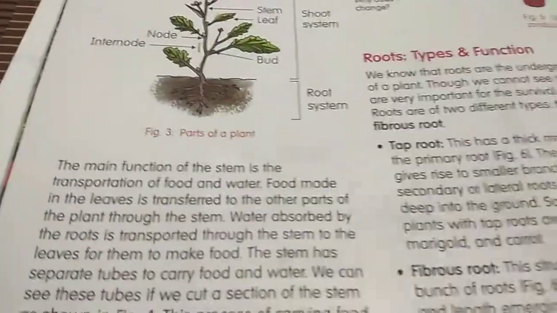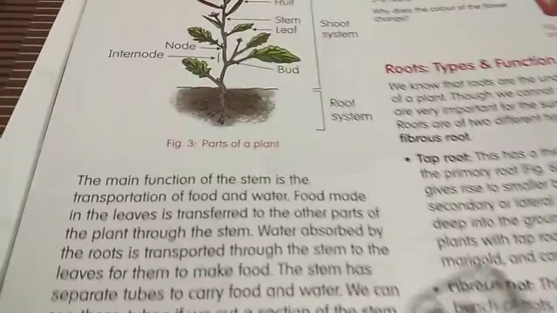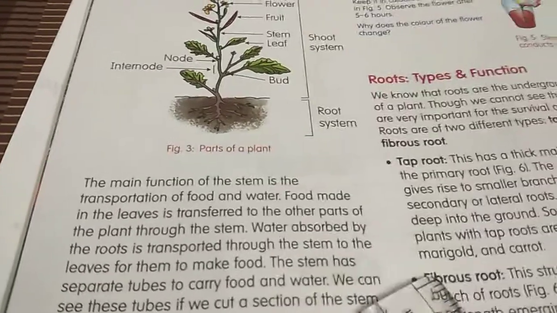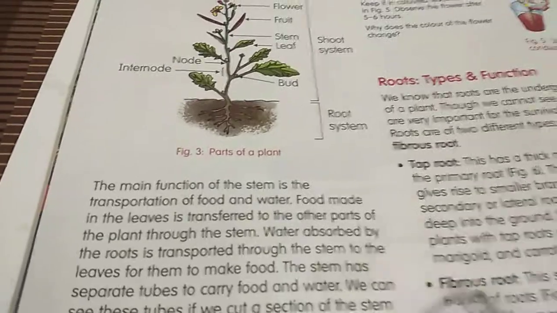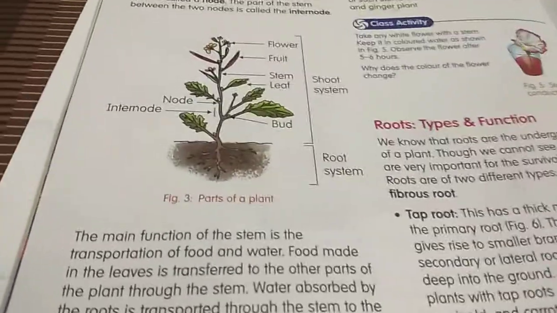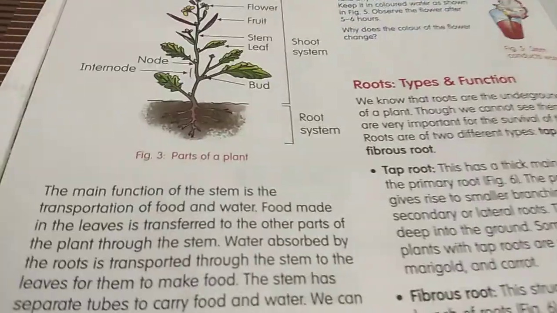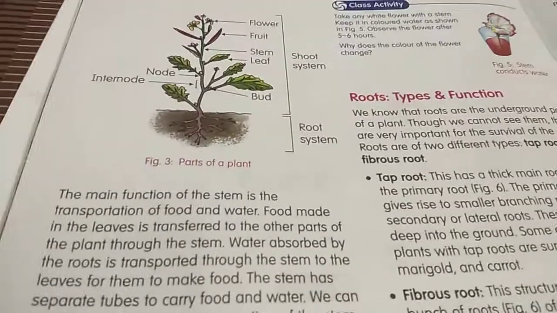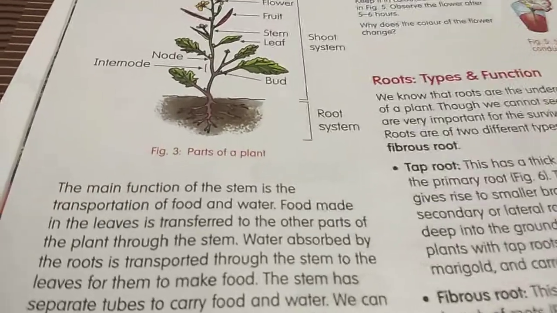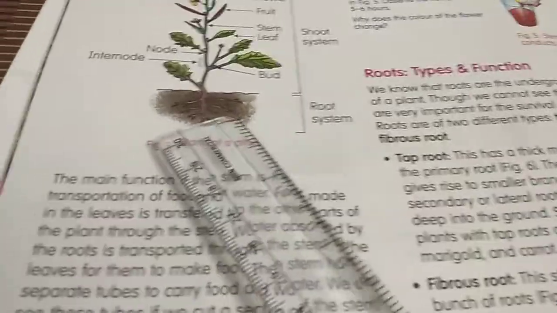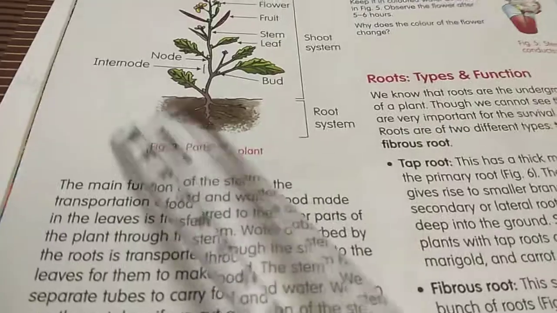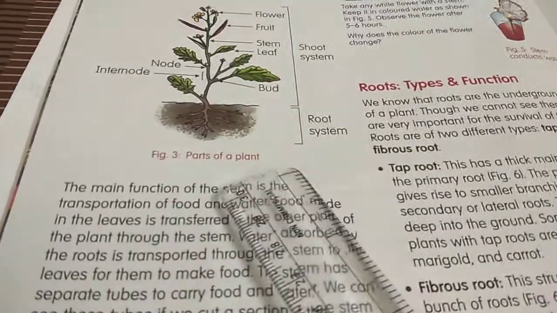What do you mean by absorption? Absorption is nothing. You just pour a little water, a few drops of water on the ground, and take one cloth and keep it on it. What will happen? The cloth will take all the water. Yes, it is called absorption. Just like that, this root will absorb the water surrounding it in the soil.